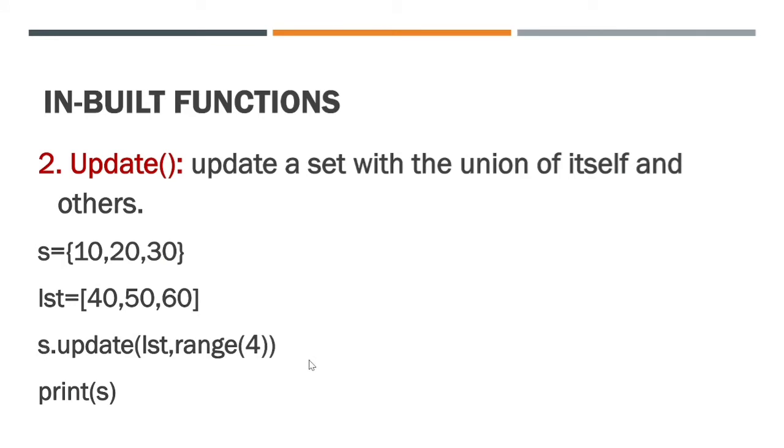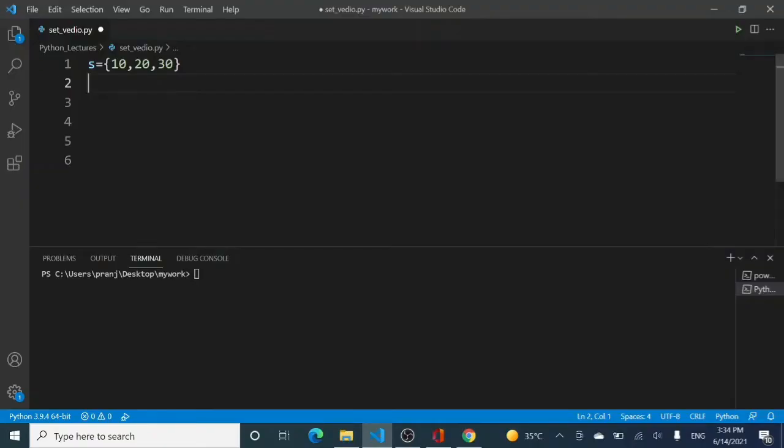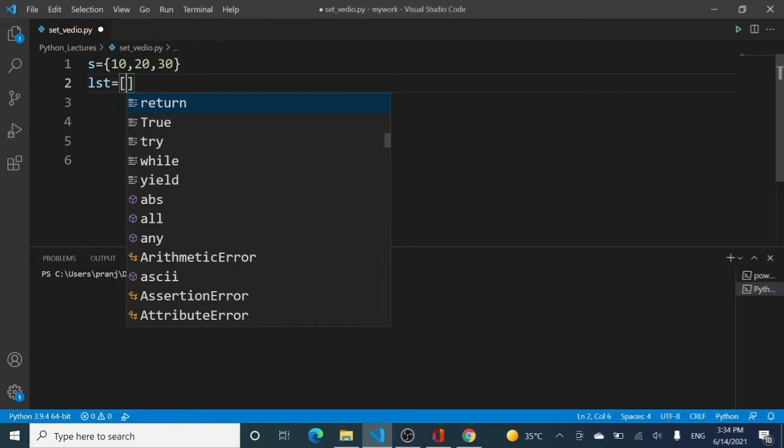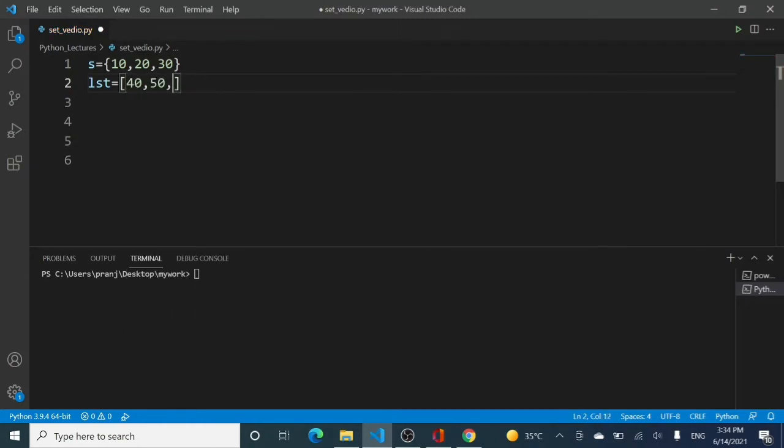So what is the advantage of it? If I want to add four values, that is 40, 50, 60 and 70, rather than using the add method four times, I am using the update method only once. Now let us see how this works. Here I will be defining a list first, and the list will have values 40, 50 and 60 respectively, right?